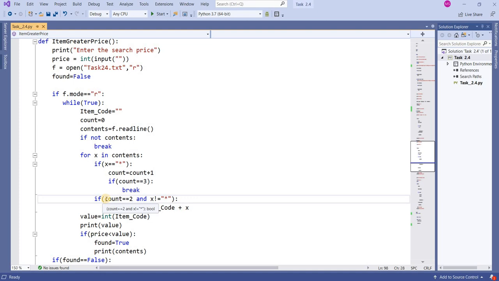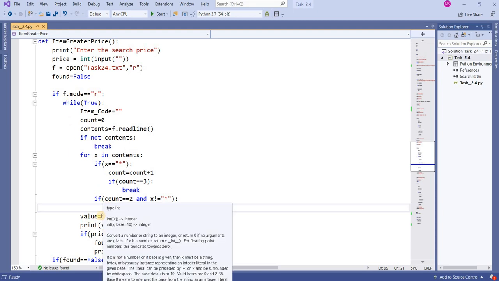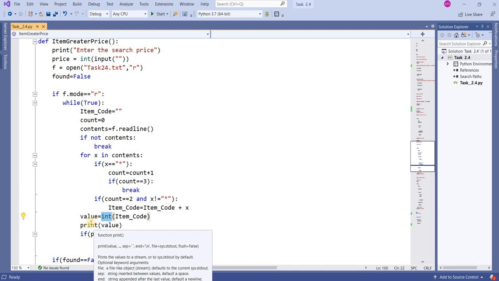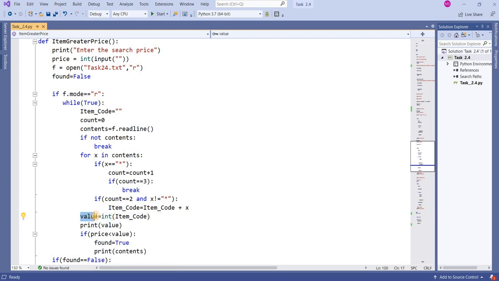If count equal to 2 and x not equal to star, then item code equal to item code plus x. Okay, and what you get as the item code from this function, convert it into integer, string to integer. Now it will return the value in integer form in variable value.